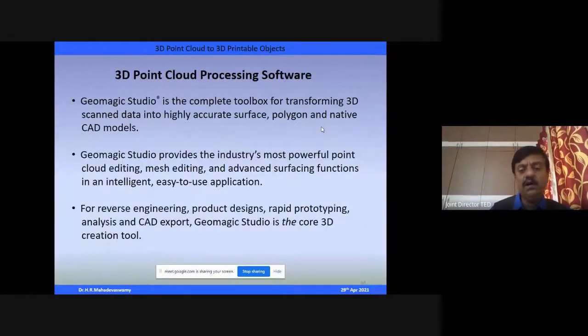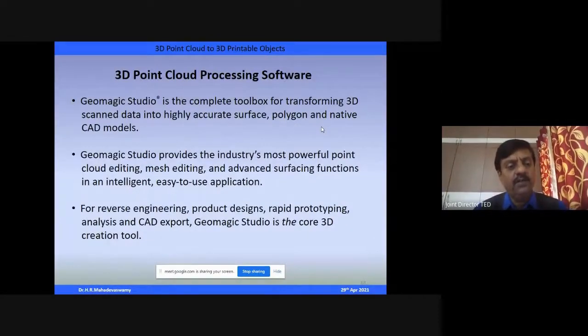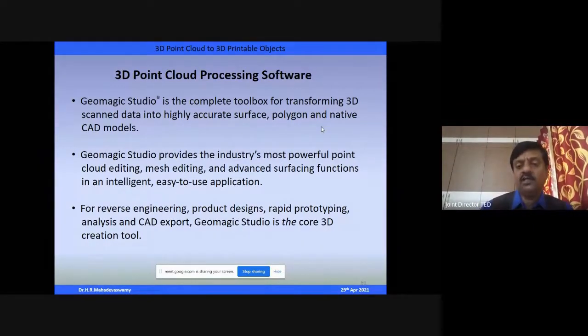We also have licensed software available called Geomagic Studio, which is a complete toolbox for transforming 3D scan data into a CAD model. So this is also available. From this CAD model, you take it to the CAD software. So you can use Geomagic software to make this 3D point cloud into a CAD model. Then similarly,